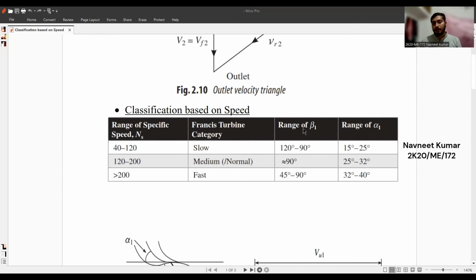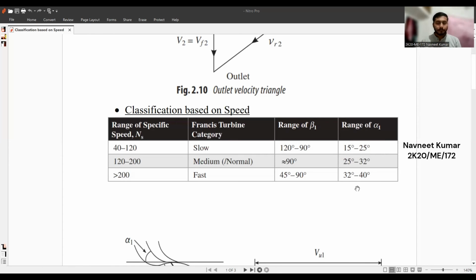When the range of beta 1 decreases to 90 degrees, it becomes a medium or normal Francis turbine with a specific speed range from 120 to 200 rpm. And when the specific speed is more than 200 rpm, it is categorized as a fast Francis turbine with a blade angle range of 45 degrees to 90 degrees, and the range of alpha 1 is 32 degrees to